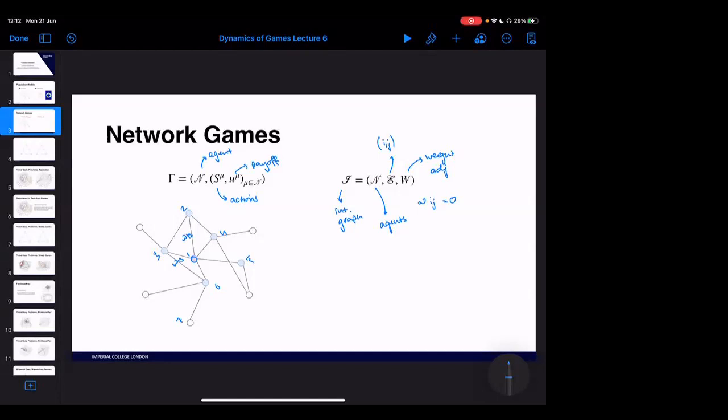In the last talk, we looked at the action of fictitious play in a specific type of network game, the network aggregative game, right? And in that one, we didn't make this assumption of all the weights equaling 1. We could have the weights equal whatever we want. But for the purposes of this talk, we are going to make that restriction, and we're going to focus on just the unweighted problem.